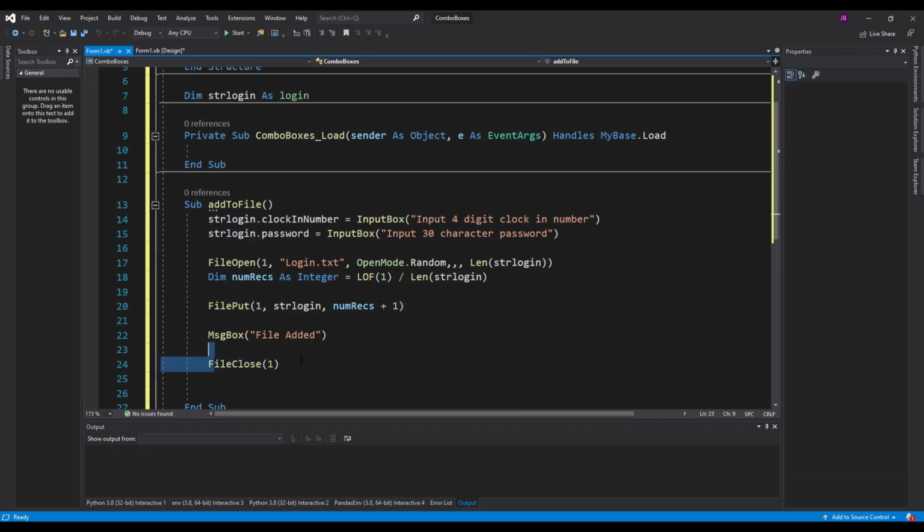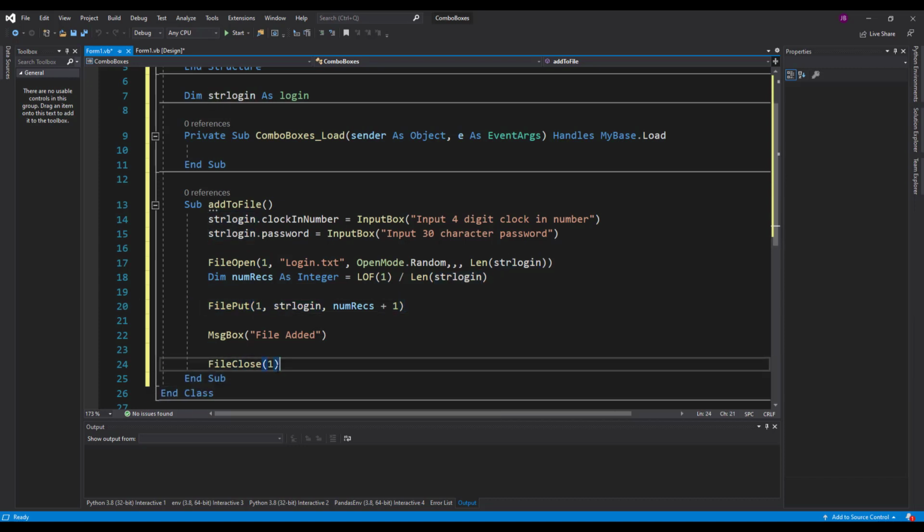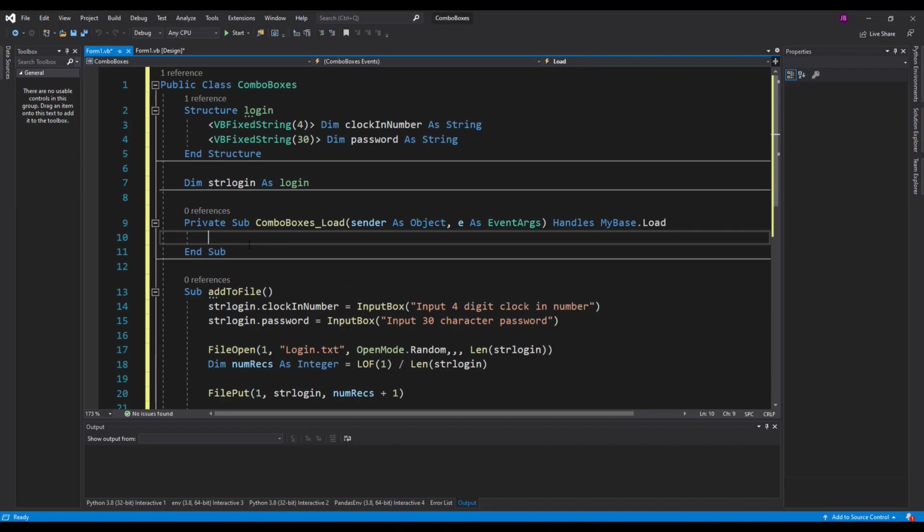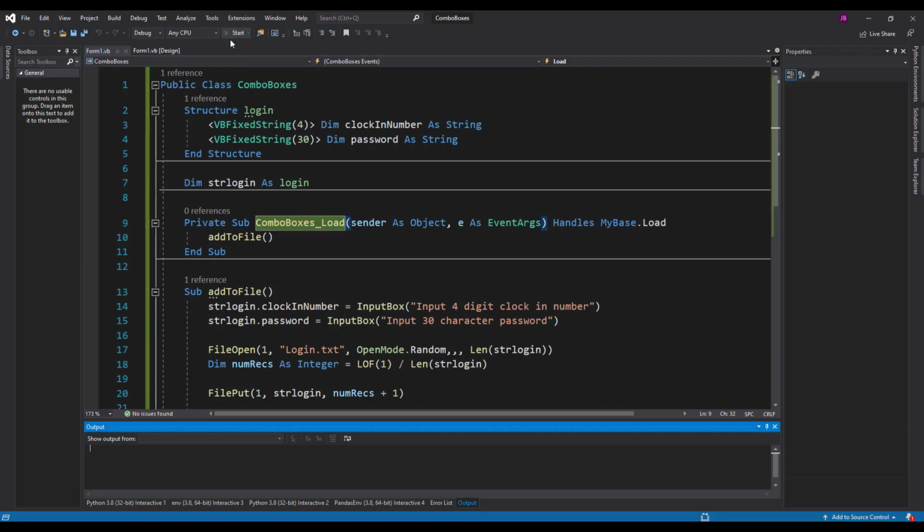And then step 3, close the file. So that'll do. Let's just test this out. I'm just going to put add to file inside my load event. So when I run this,